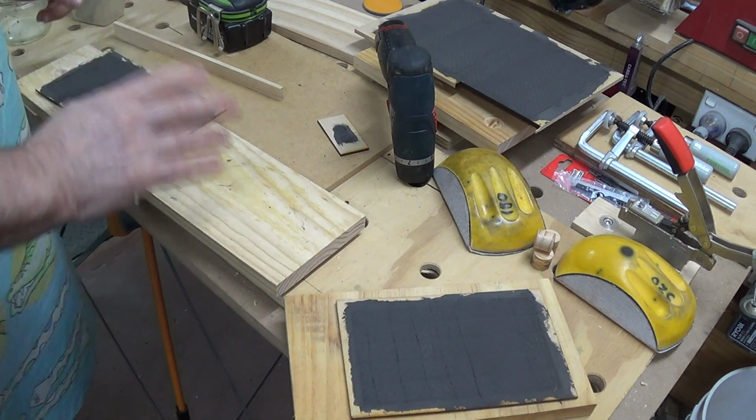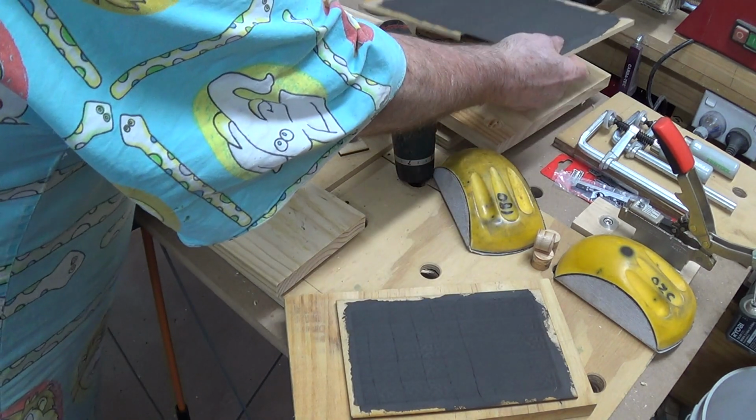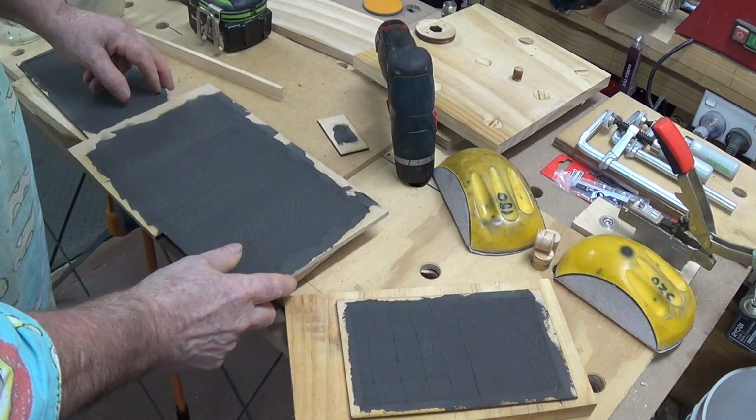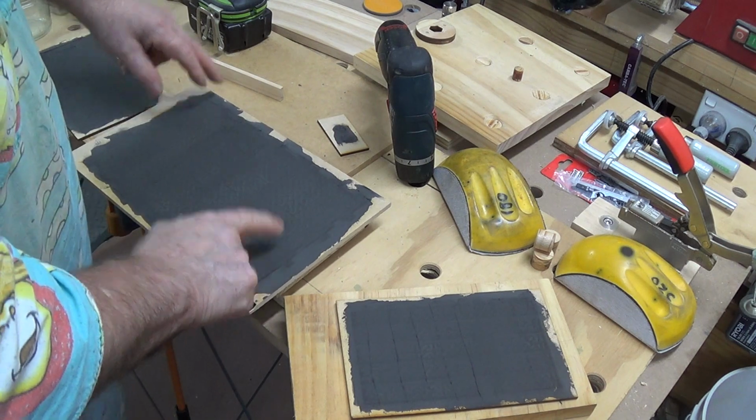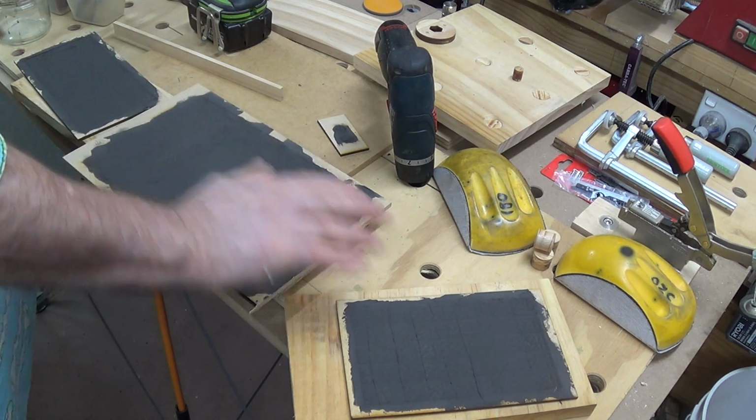I won't do it that way. Again, with the buffing, I've already done a lot of buffing before, but I will show you how I buff one of these pieces once I've done it. The next thing to do is, and I'll do it on this one, but I won't do it for all of them,